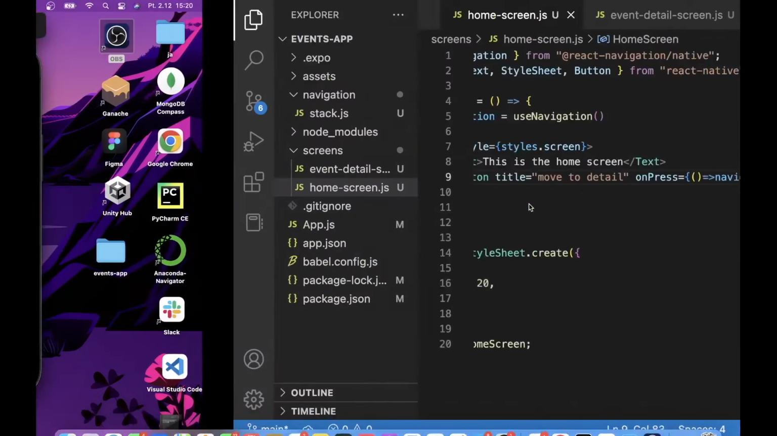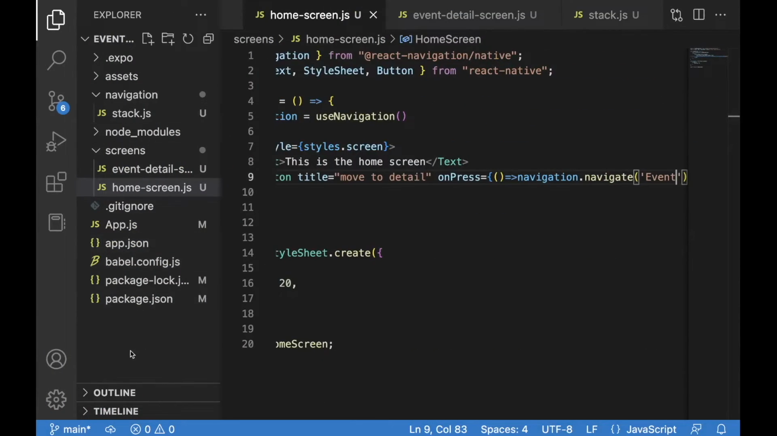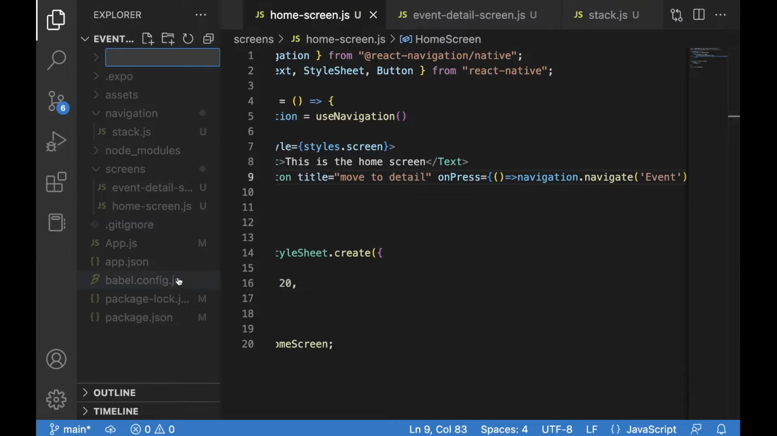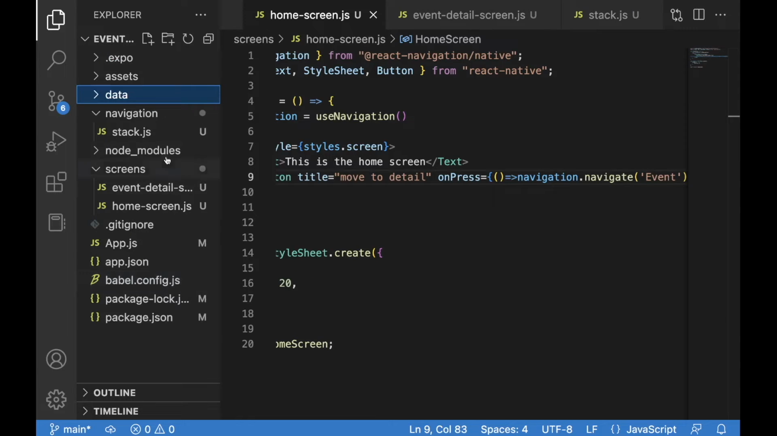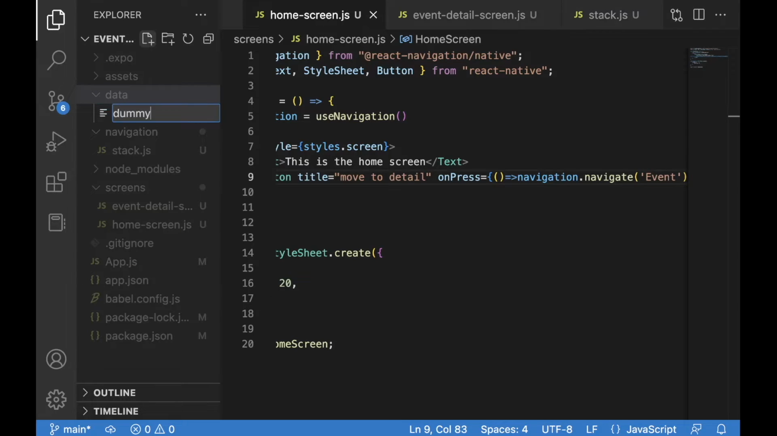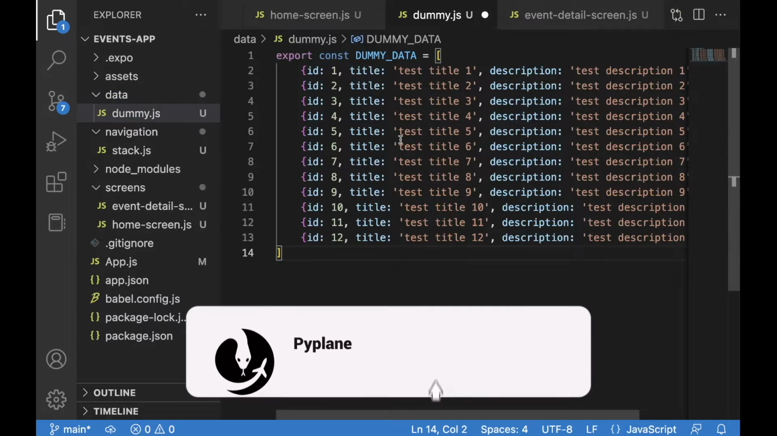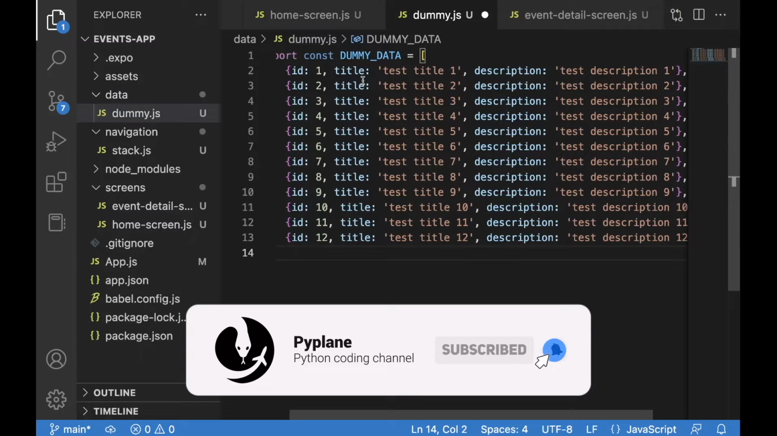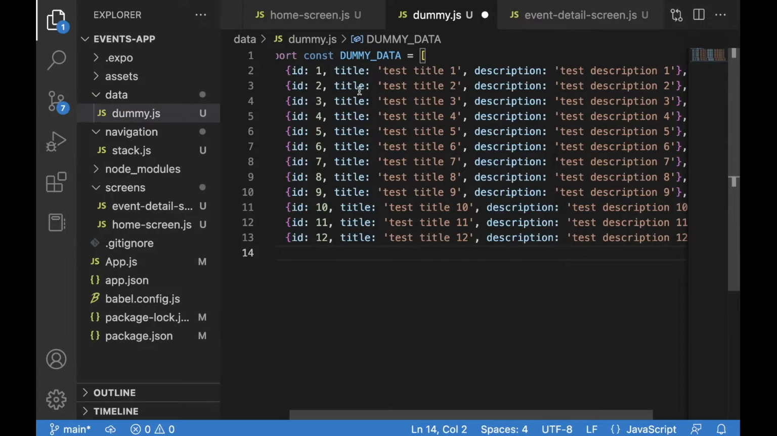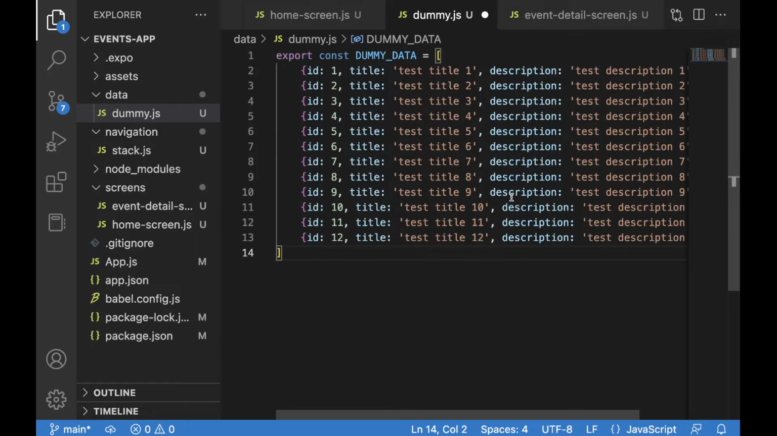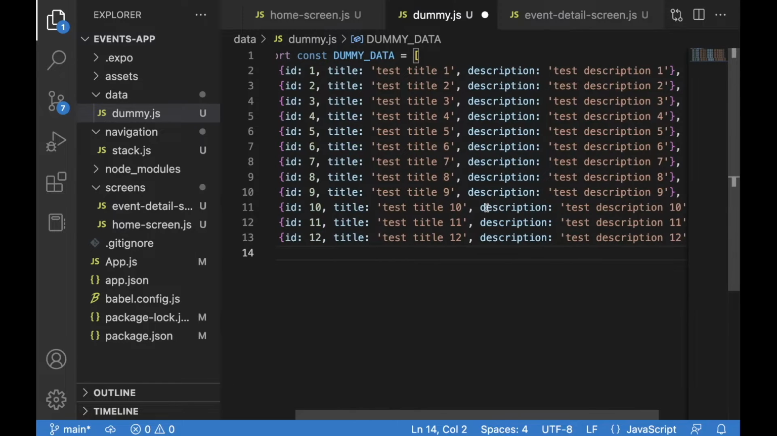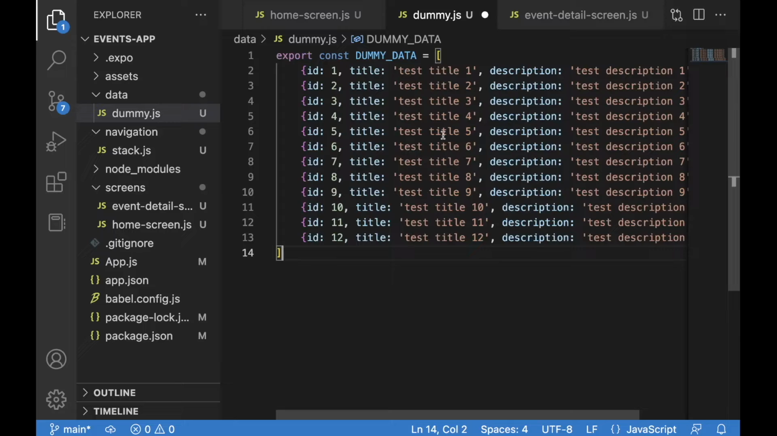So as the next step, let's go back to our project in Visual Studio Code and create 2 additional folders. The first one is going to be data. And here I'm going to create a dummy.js file, and I'm going to paste some dummy data with the title, of course, IDs and the description. So this is a very simple data structure with 12 objects. Okay,